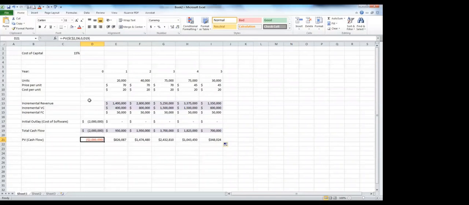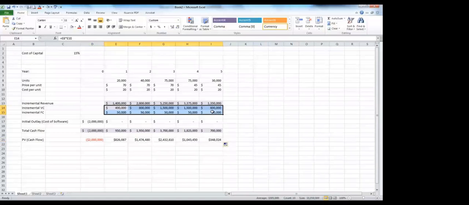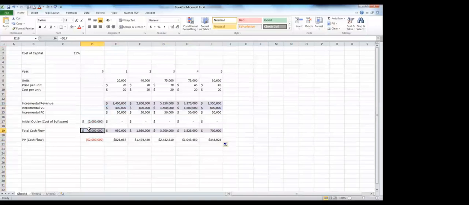Also, I told you I would let you know why I made the initial outlay negative. It's a cash outflow, right? Anything that's coming out of our pocket needs to be a negative. So for total cash flow for years 1 through 5, I said minus that 400, minus that 50. If you wanted to make those negatives and then just sum up that column, you can do that as well. It's all preference. But I'm just letting you know that your initial outlay anyhow should be negative,